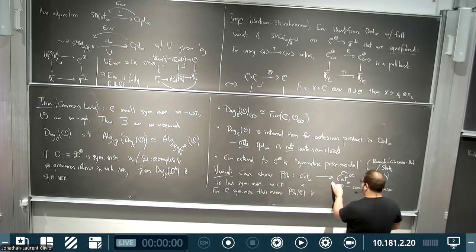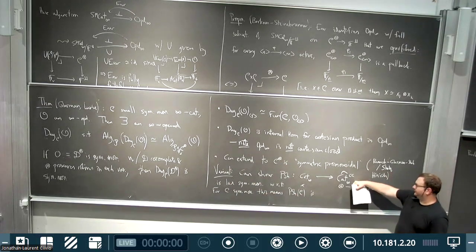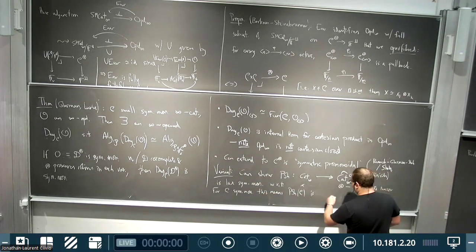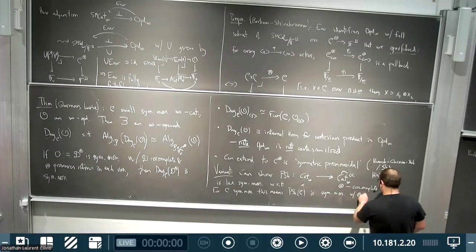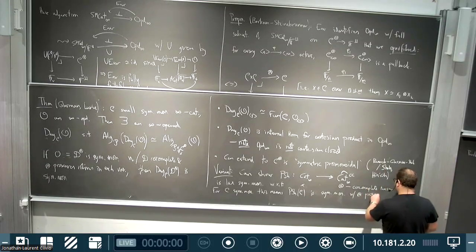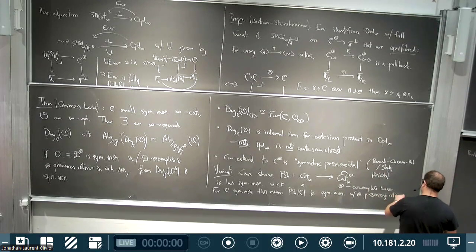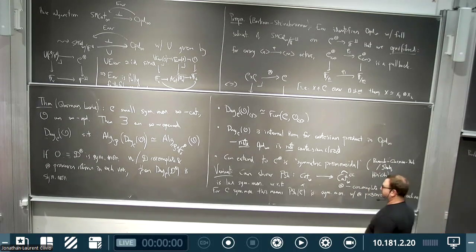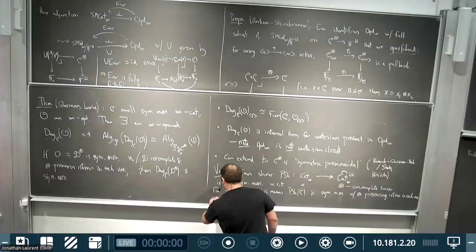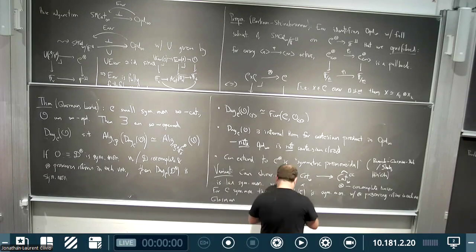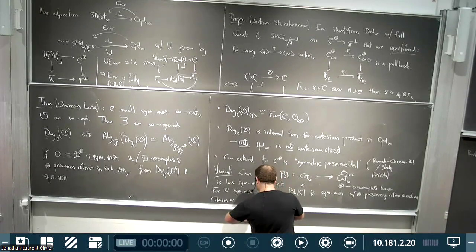Well, it's a commutative algebra in cocomplete infinity categories, and so it's in particular symmetric monoidal, with tensor preserving colimits in each variable. And then you can get this construction kind of independently, but Bossman shows that this agrees